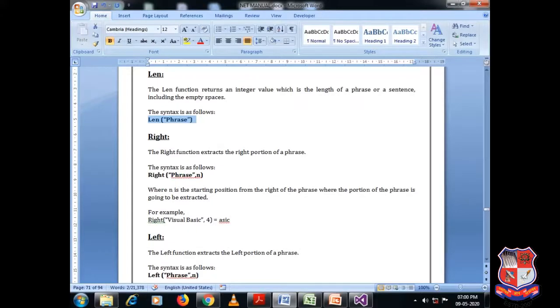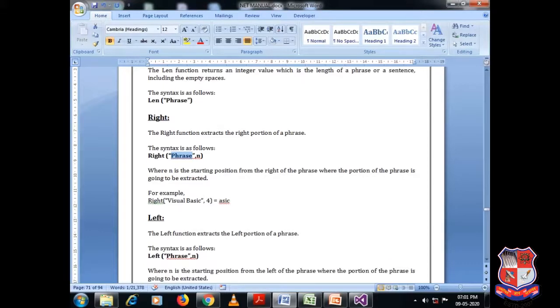Next function is the Right function. The Right function extracts the right portion of a phrase. If I would like to extract 3 characters from the right side of the given string, at that time I can use this function. The syntax is Right, given string and the number of characters to be extracted from the right hand side, where n is the starting position from the right of the phrase where the portion of the phrase is going to be extracted.